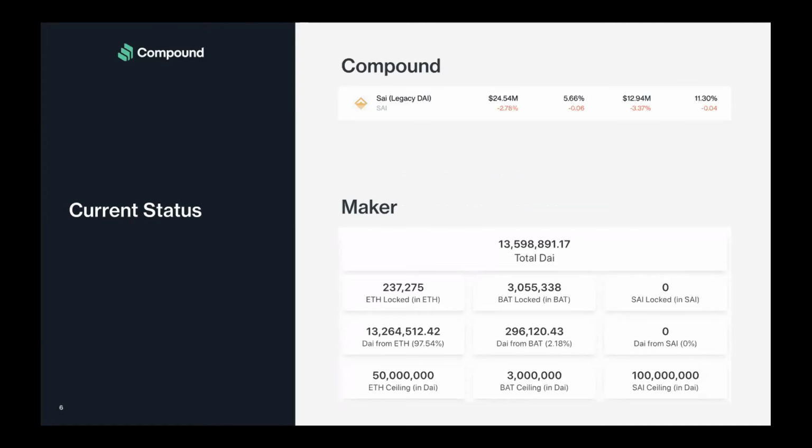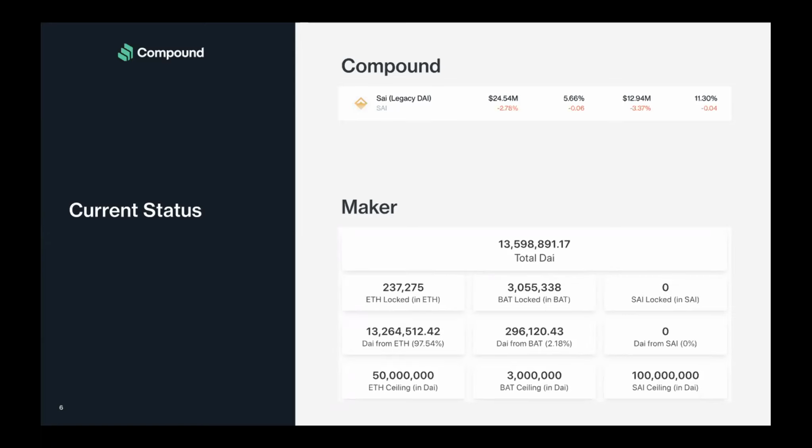On Maker, there's a total of 13.5 million Dai that has been created, of which approximately 1 million has been supplied to the Dai savings. There's currently no Psi in the Maker bridge as it currently stands. And so CDP holders are having a difficult time migrating their debt from Psi to Dai. As Compound launches a Dai market over the next couple of days, it's going to be very interesting to watch these numbers and dynamics. You can track both of these live in real time on